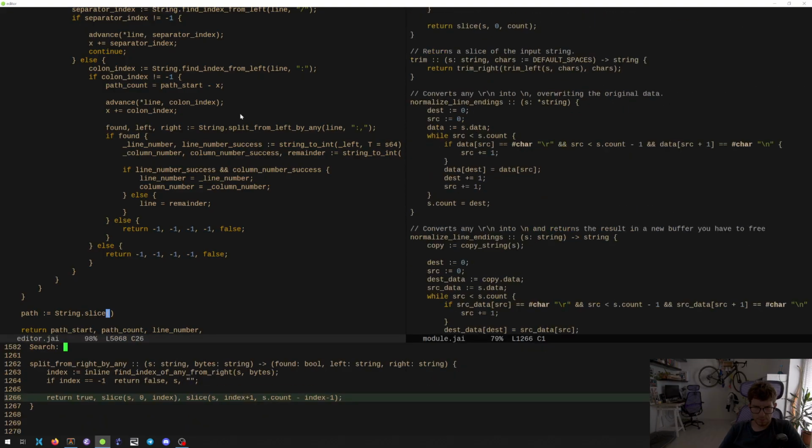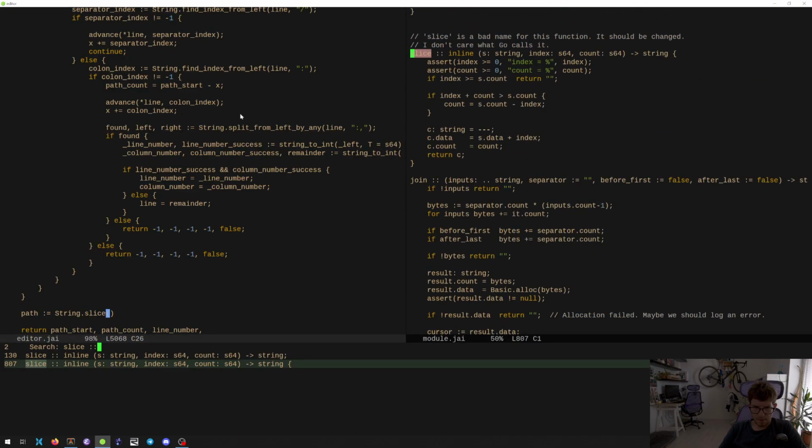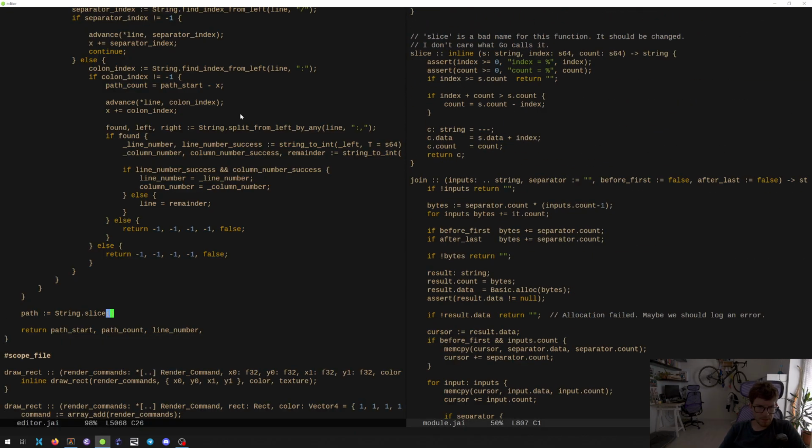String module slice index and count. Okay, so this is, we can do the original. Yeah, we should be doing the original, I think. So line, and then we'd say path start path count. Then we can say path here, line number, column number,